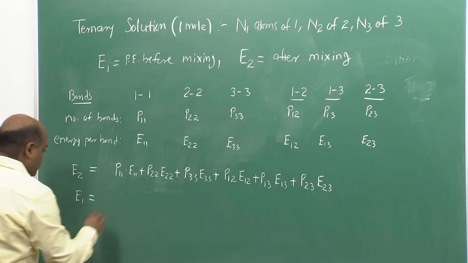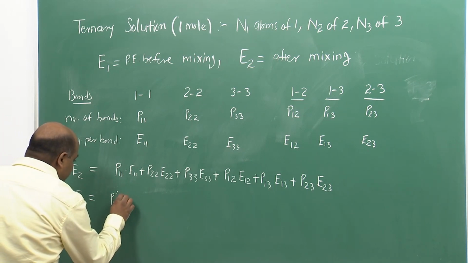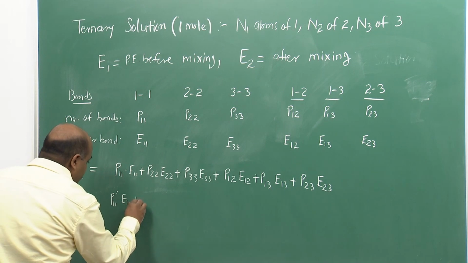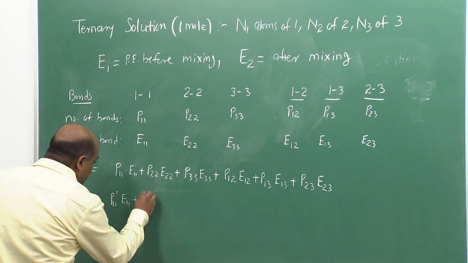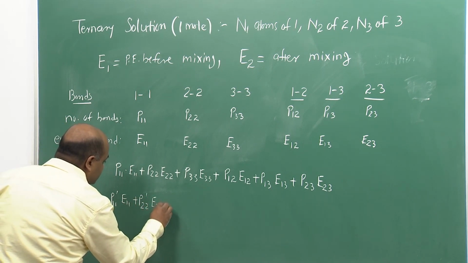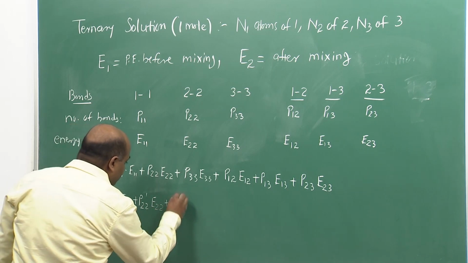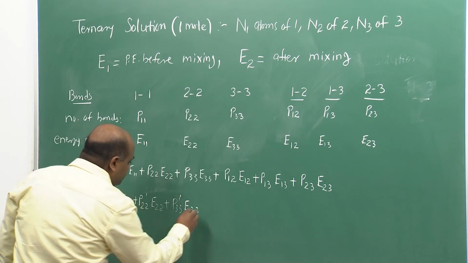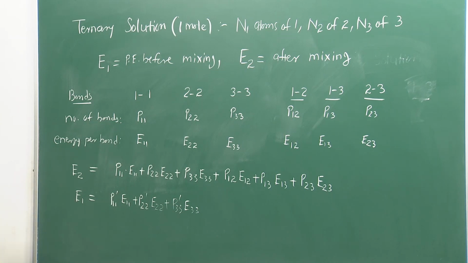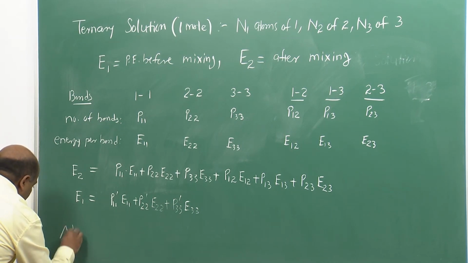total potential energy before mixing will be P11 prime E11 plus P22 prime E22 plus P33 prime E33. And so, delta EM